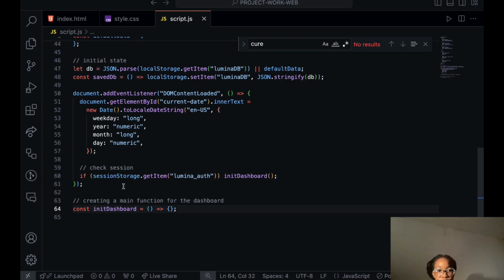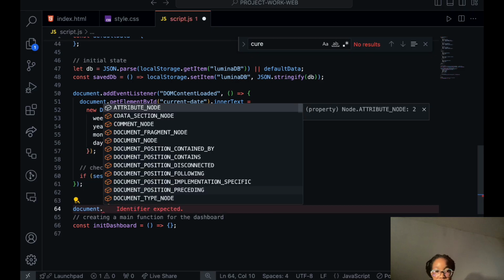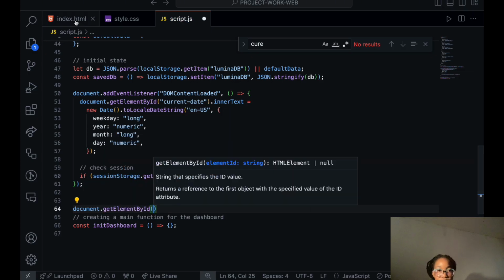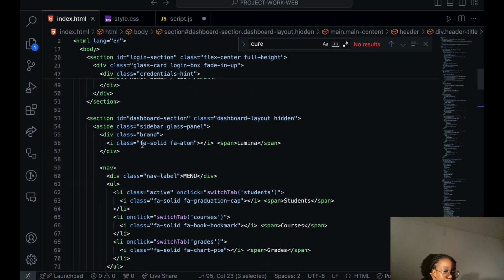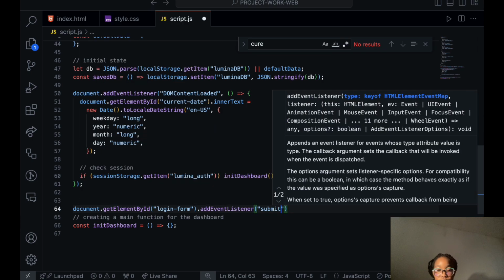So what the SPA means is that we get the user credentials, then the user credentials are actually stored in the session storage area. So now let's start to work on the main login. Let's get element by ID, and getElementById, we go to the login. So loginForm.addEventListener, we submit,